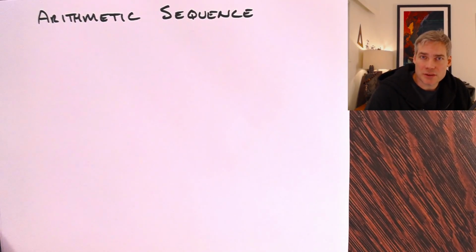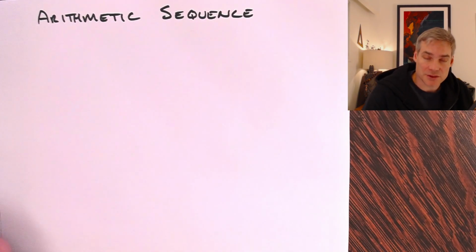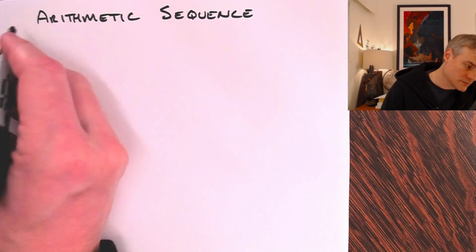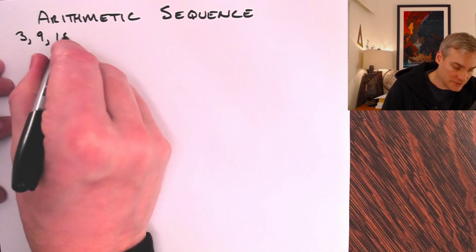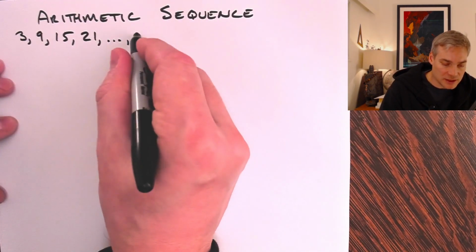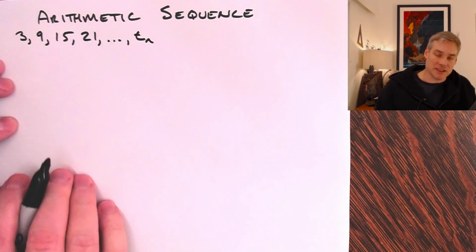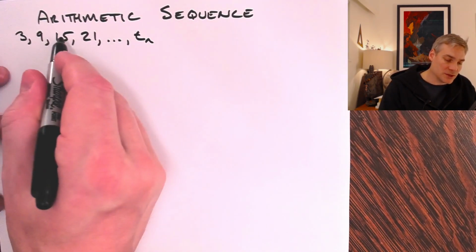Hey, in this video we're going to go over arithmetic sequences and what they are, how to determine various terms, and how to solve for unknowns. So let's say we have 3, then 9, and 15, and 21, and it keeps going on to some term in the very distance. So we just say this is my first term, my second term, third term, fourth term,